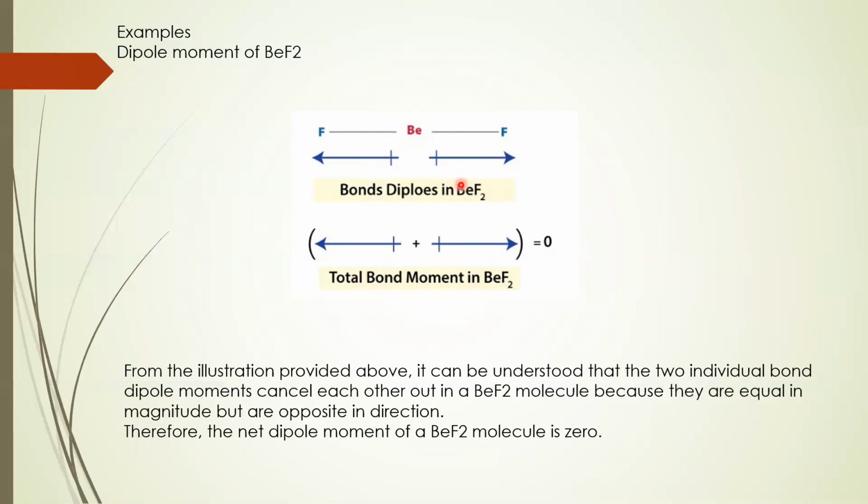If you can recall the Shiv Mahapuran, when the nectar was being extracted, on one side there were the gods and on the other side the demons, and they were pulling each other. If they have the same force of attraction towards each end, then the force gets cancelled off. Its resultant force becomes 0. Similarly, here as well, beryllium is the central atom and fluorine on both sides attracts the same amount of electrons. Hence, the dipole moment becomes 0.